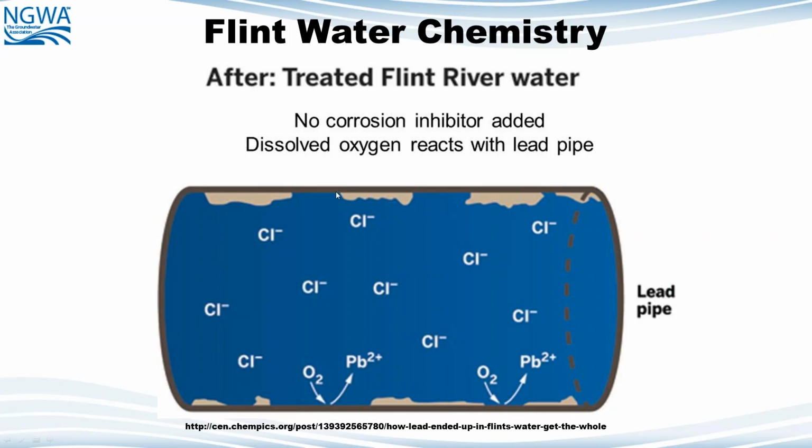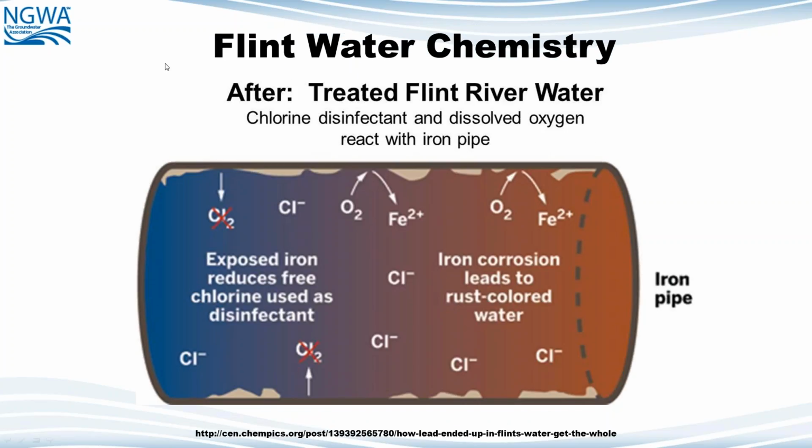there was, between the service line and the home, buried under the ground, because it had no corrosion inhibitor, the lead was immediately attacked by both the oxygen and the chlorine in the water, chloride ion, which is also very corrosive by itself. And then when they tried to add chlorine to disinfect it, chlorine, which is Cl2, this also attacked the